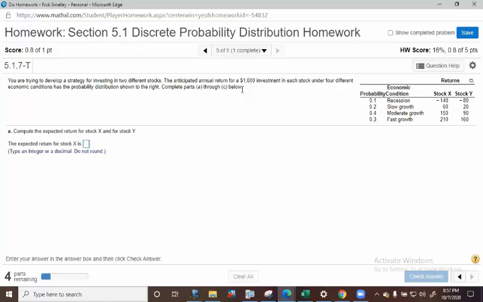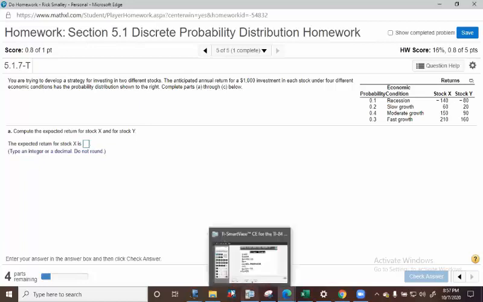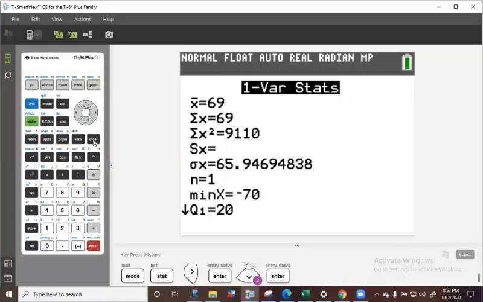Now, one thing you have to be careful about here, as I've discovered in the past, is to make sure that your X values are in the first column and the probabilities are in the second column. So let's make sure we do that, or we're going to run into an error. So I'm going to come up here, clear this out and do my stat,